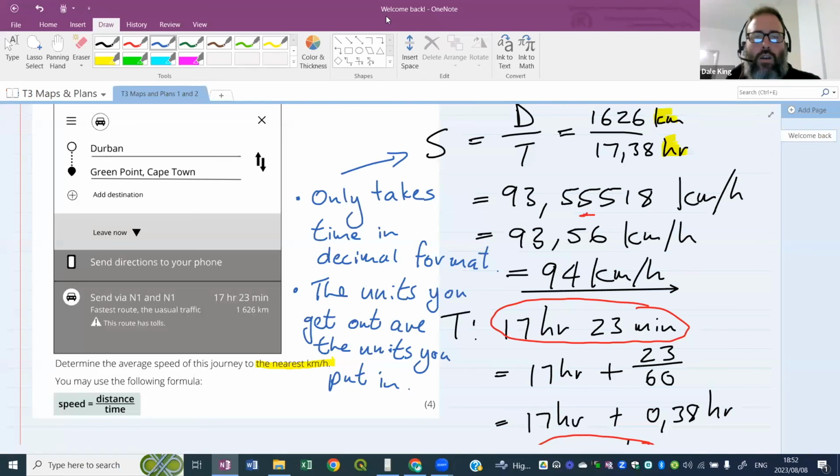Thank you, Safiso, for reminding me that we need to round off to the nearest kilometer. The nearest kilometer. So that must go up, right? So this 3, we're looking at the 3 now, and the nearest kilometer, whole kilometer, depends on the 5 next to it. That's a 5, so we got to go up to 94. All right,